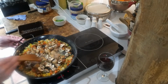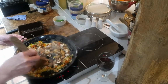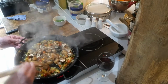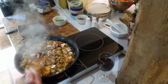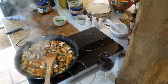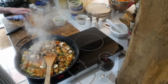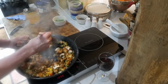This is the reason I came up with this, yet again, to use up some rice that I had, I know it was yesterday or the day before, when I did some stuffed bell peppers, and I thought, right, I've got a little bit of rice over, what are we going to use up this last bit of rice? So I thought what we'll do is we'll make a little bit of a vegetable paella, and